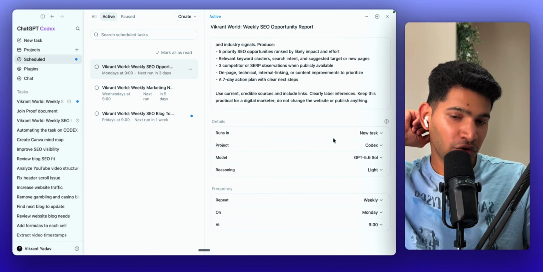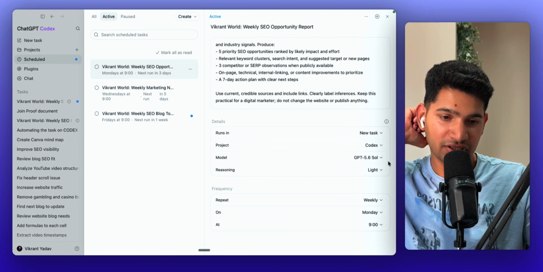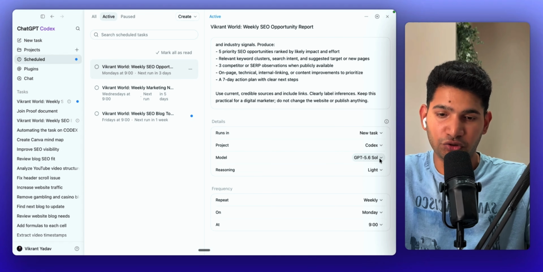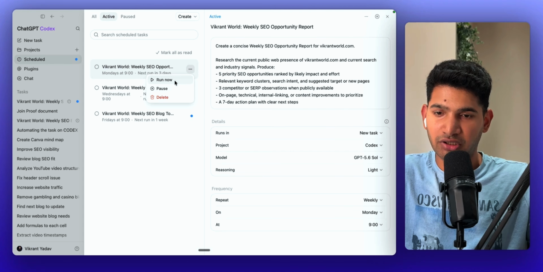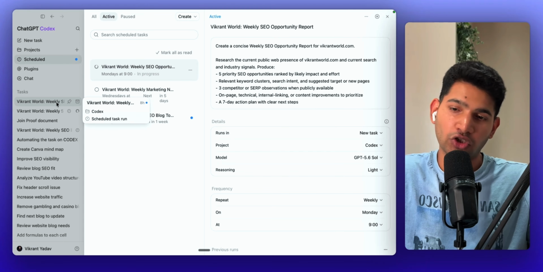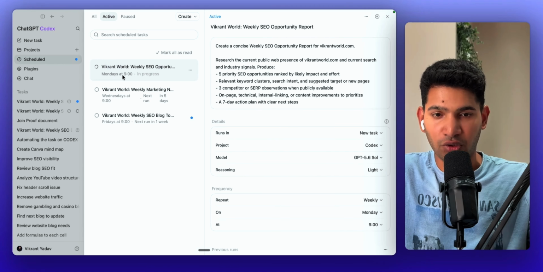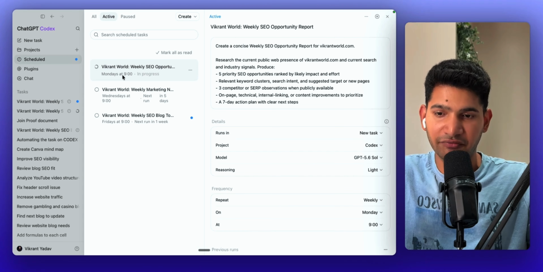So if I want to run, I can right-click on run in new task, use Codex as the project, and then I've opted the current model for this is 5.6 Sol. So this is one automation. Now, if I want to run, what I'll do is I'll click on run now. And if you see, this particular automation is actively running in the background. So normally I schedule this every Monday at 9 a.m. I'll be able to see all the important opportunities which are out now for my blog. So this is one set of automations which you can do.